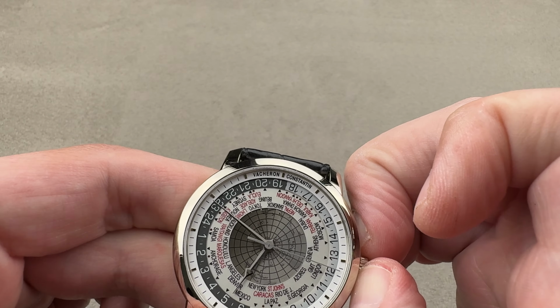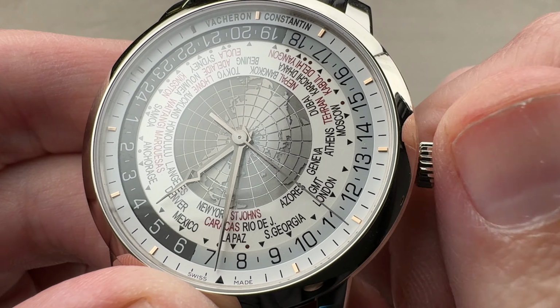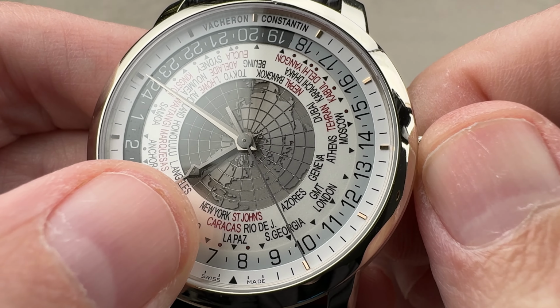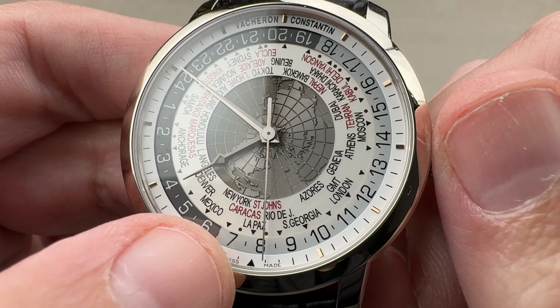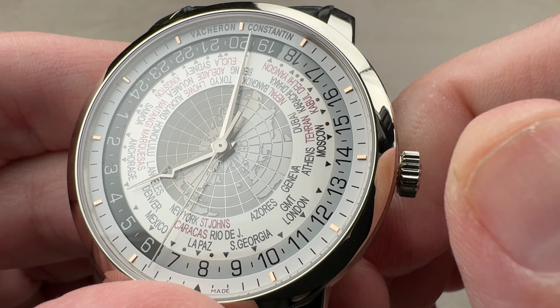Now, the intermediate position allows you to make changes to the reference city down at 6 o'clock. And so that is where you put your reference city. The way you remember where the reference city goes is there's a little triangular index, but also your city of reference is right side up, not upside down. And you can see,